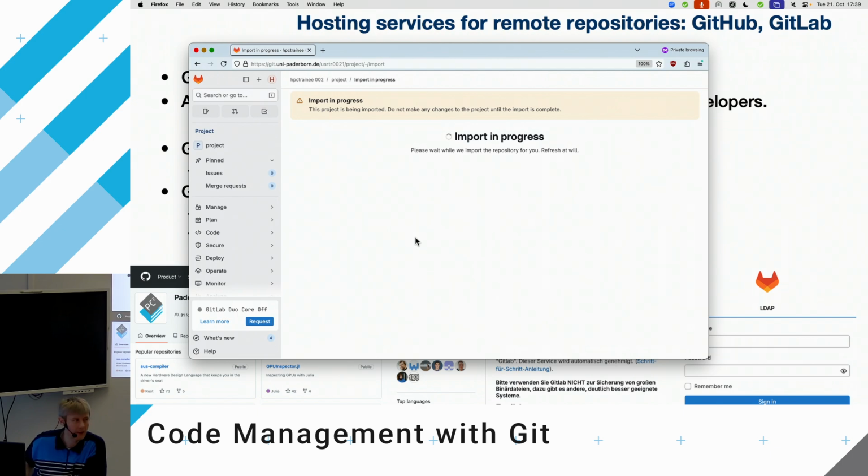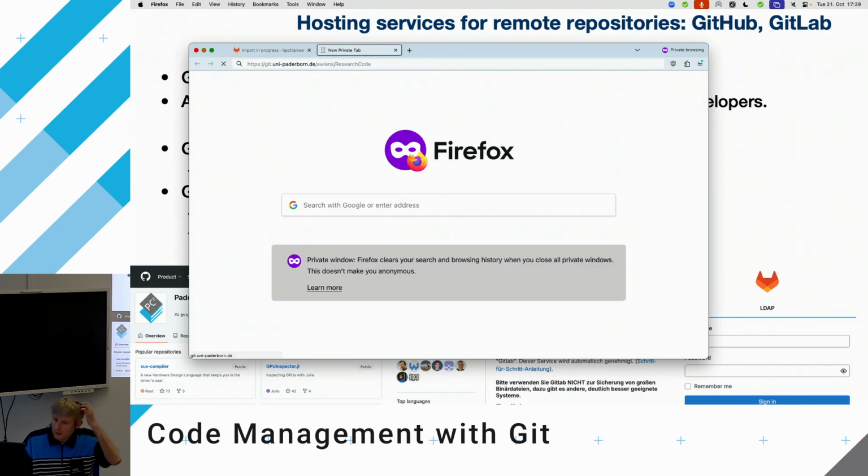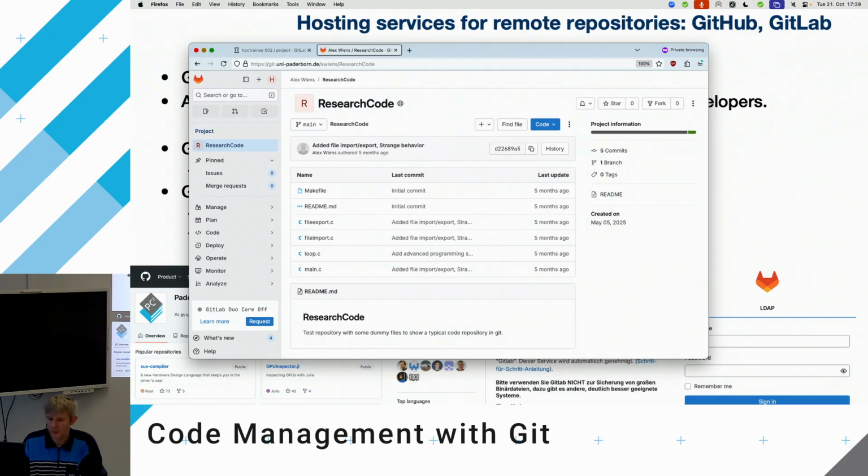It seems to be a very fancy template. Then let's take a look at a different repository while this is creating this very fancy project. So this is